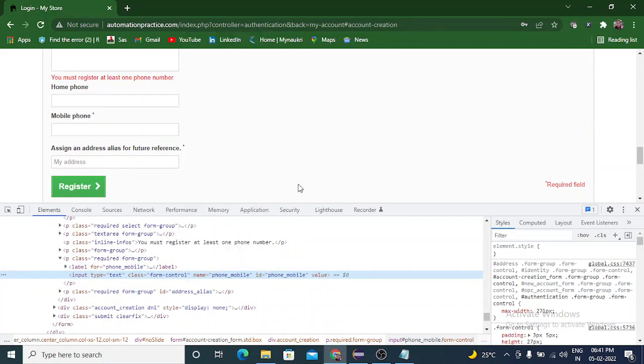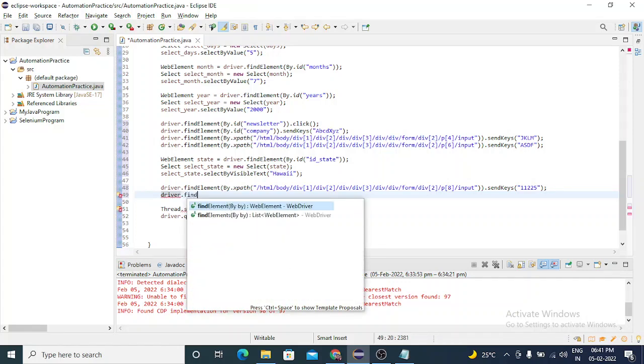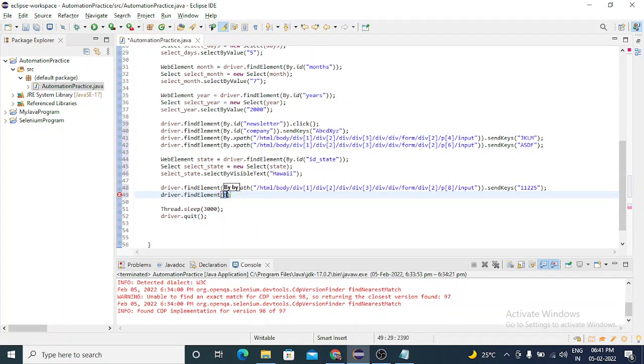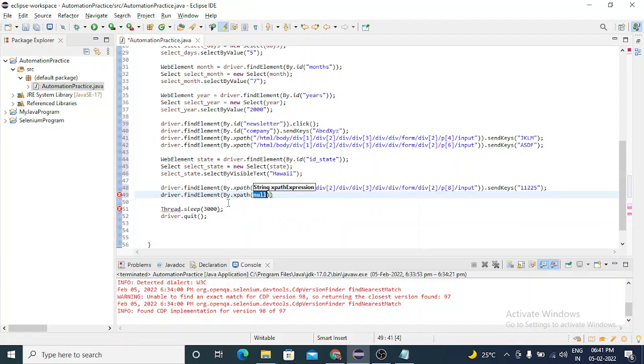copy the XPath, then driver dot find element by dot XPath. No, I'm using different XPath, ID.